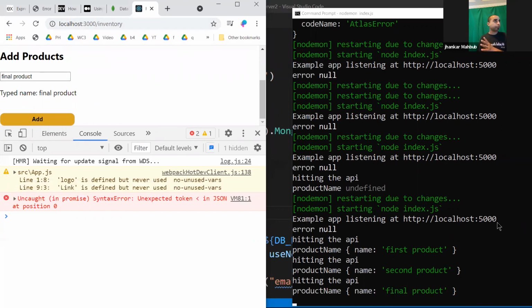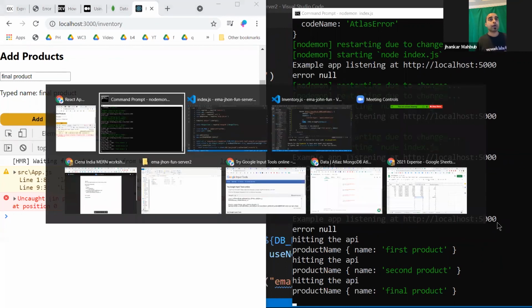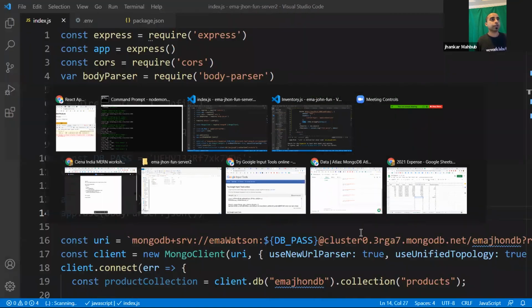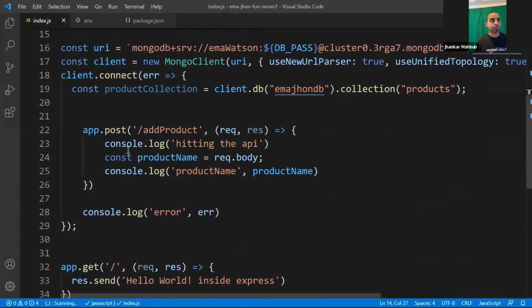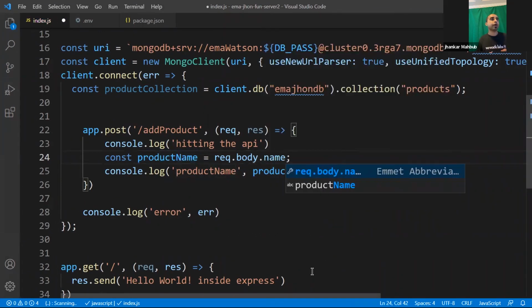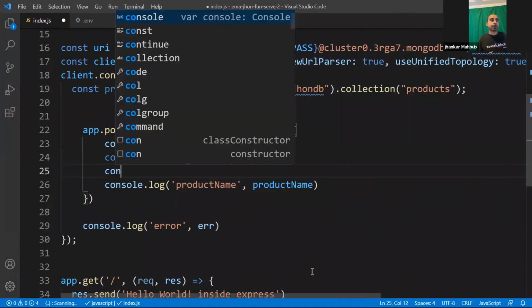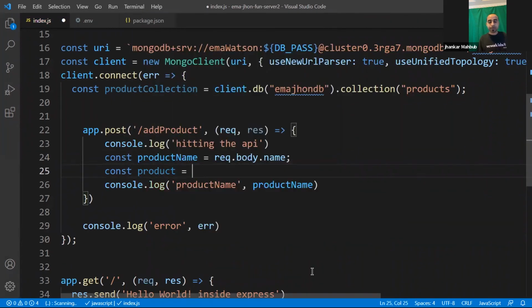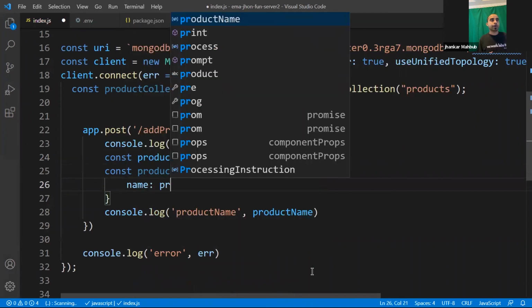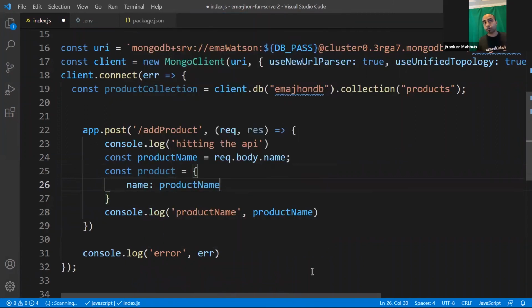5000 is the server, a different port, a different location, and the client side. That means they can connect. And once they can connect, the next part is way easier for you. All you need to do is tell it, hey, I got this one. This is the product name, actually product.name. And if you have more information, you can create a product object like you did, and the name of the product would be the product name. And if you have more information like edited time and edited by user login, you can have all these things here. And then eventually you have this product collection.